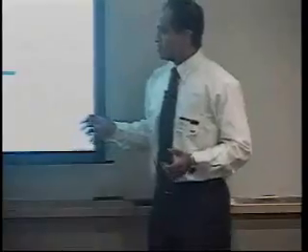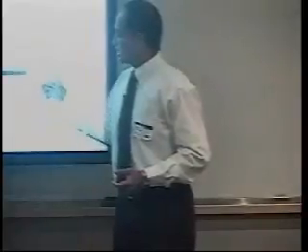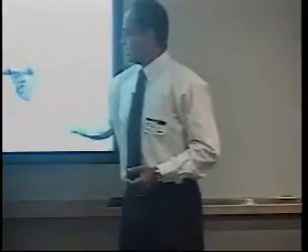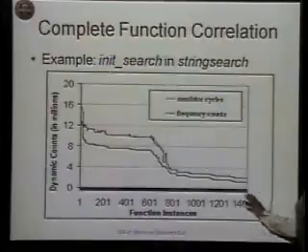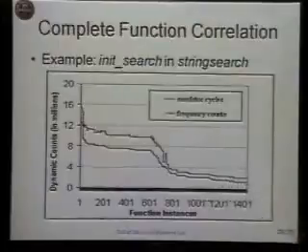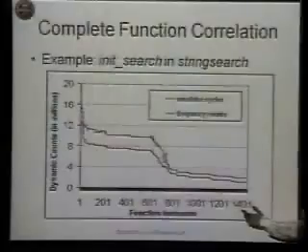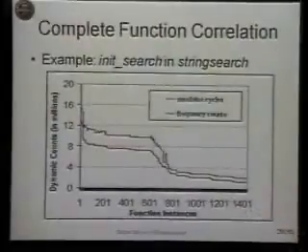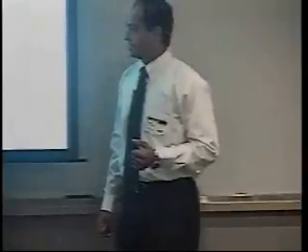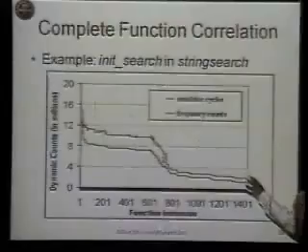Another point to notice is that the correlation gets very good as the function is better optimized. This is the region of interest, and this is where the best function instance will reside. So a better correlation along this part is more interesting. We can also see that this is a very small function. It only has about 1400 instances, when on average I said there were over 175,000 different instances. So we are able to do this for this function. However, if we had to do it over all 79 functions, it would take us very long.